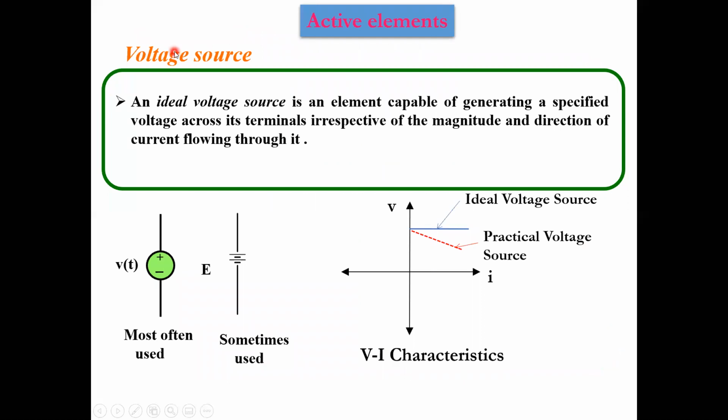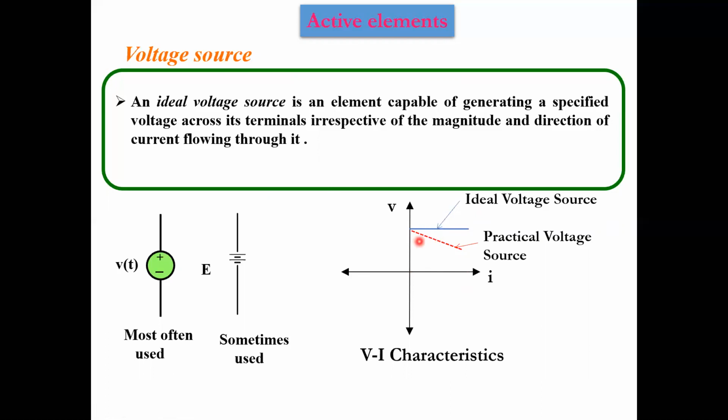Voltage in the sense it is the work done in bringing a unit positive charge from one point to another point. But in this particular session, we'd like to move further. What is meant by ideal voltage source? Try to observe this graph here. The x-axis is current, y-axis is voltage. Irrespective of the direction and magnitude of current, the voltage is fixed throughout. This type of voltage is nothing but ideal voltage source, or else another name, independent voltage source.